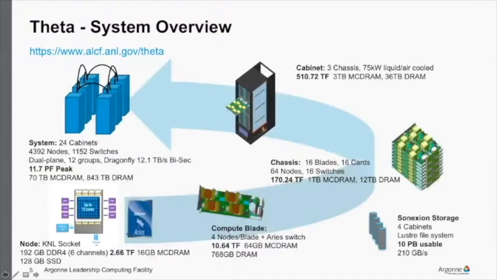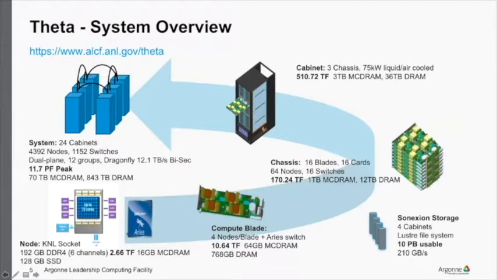A little closer look at the full system. At the smallest scale, a single socket KNL node, 64 cores, 4 hardware threads per core. 4 of those nodes make up a compute blade. 16 of those compute blades form a chassis, which is essentially 1/3 of a rack. And so 3 of those chassis will constitute a full rack of Theta. And 24 of those cabinets make up the full system. And so all together is how you arrive at the 4,392 KNL nodes,